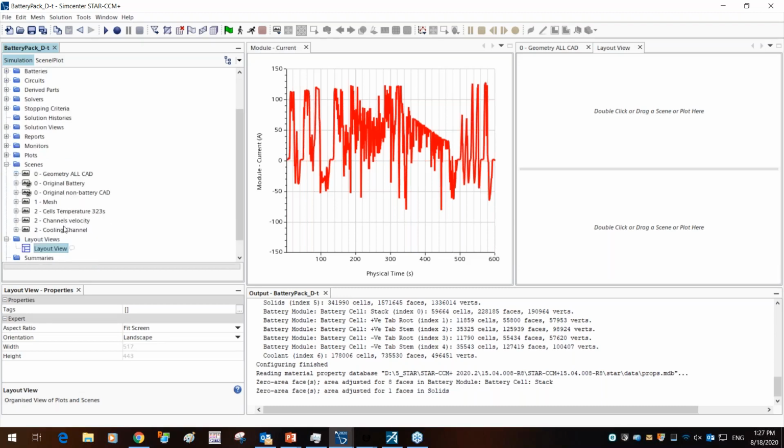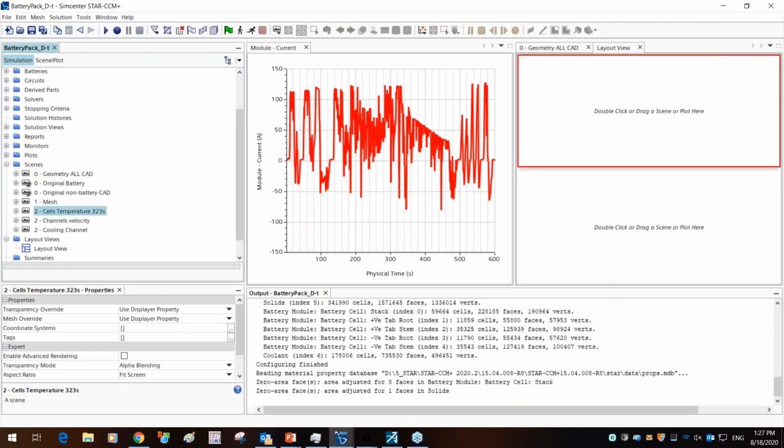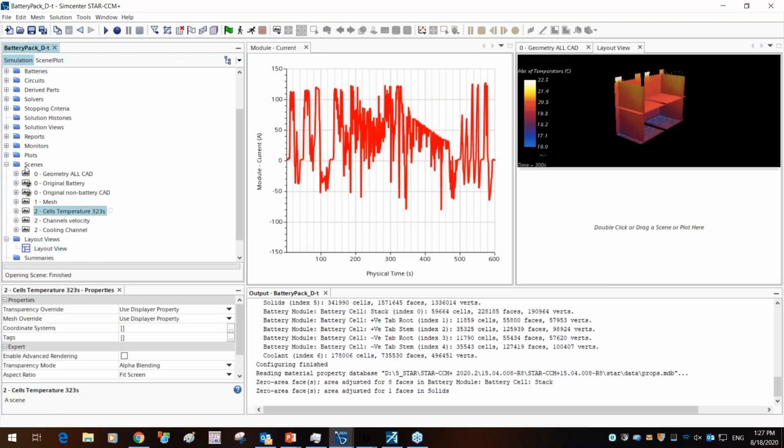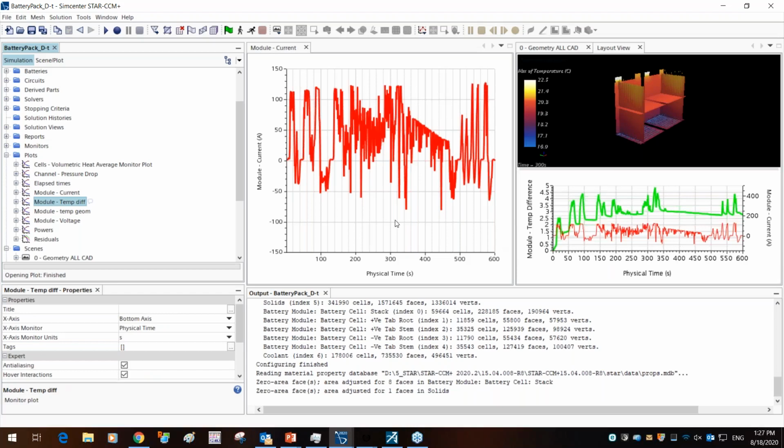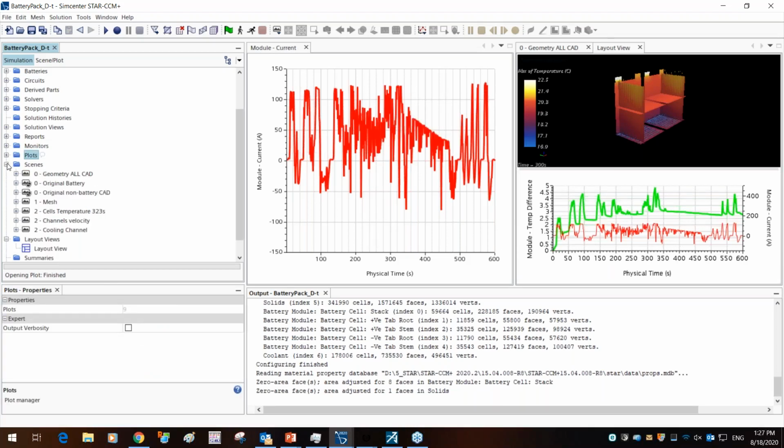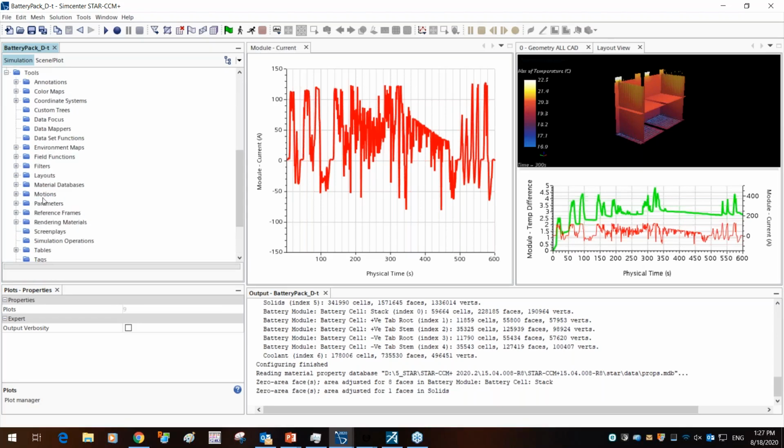So I'm just going to go to the scene. Let's say I want to look at cell temperature out here, drag and drop. But beyond that, I'd also like to look into a plot, maybe look at module, and this is where you can visualize different types of windows at the same time. But then you can also save these layout states to be reused later. There have been some layouts that have already been generated.